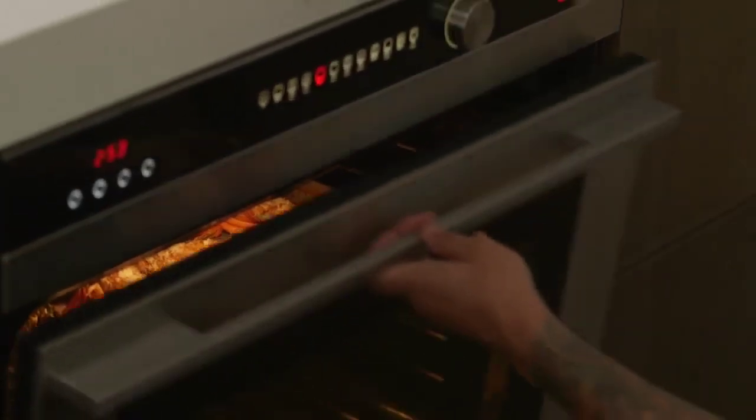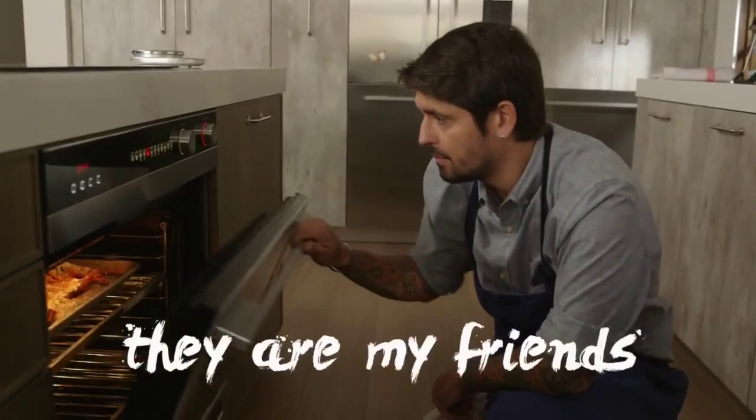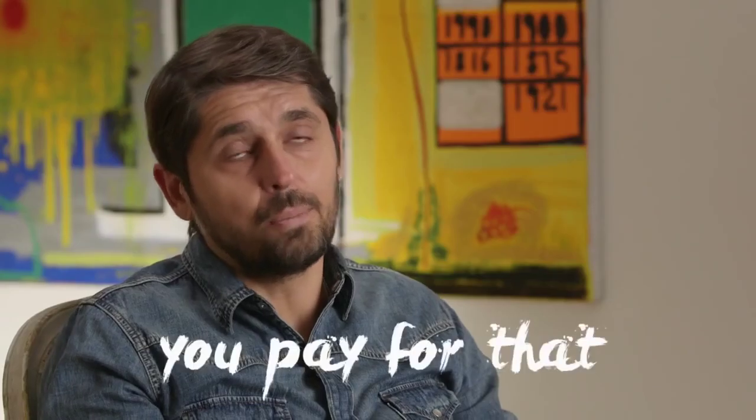Okay. I'm doing Lobster Thermidor also at Petit Trois. You know I don't serve the kings over there, but they're my friends. So it's good to cook dishes like this also for my friends. Well, you pay for that, I know, but